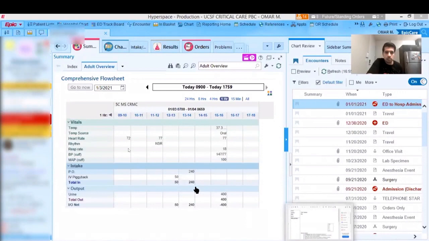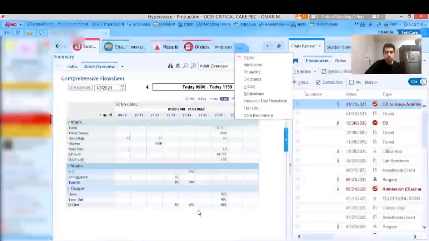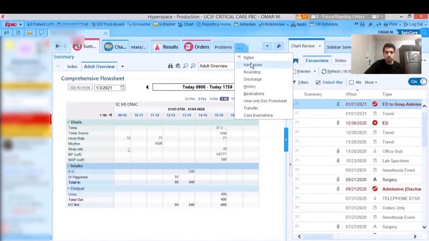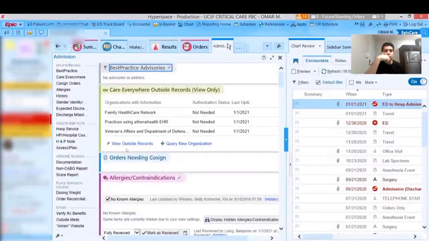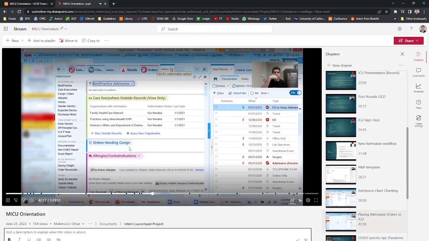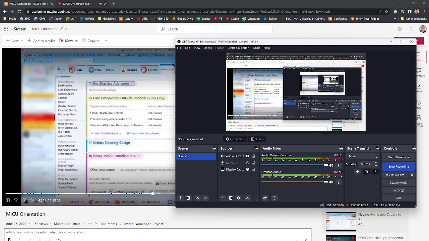So that's how I chart check. I go see the patient, and then we put the orders. I will show you about the admission. So there's a tab called admission here. So I'm logged in as in critical care. So when I